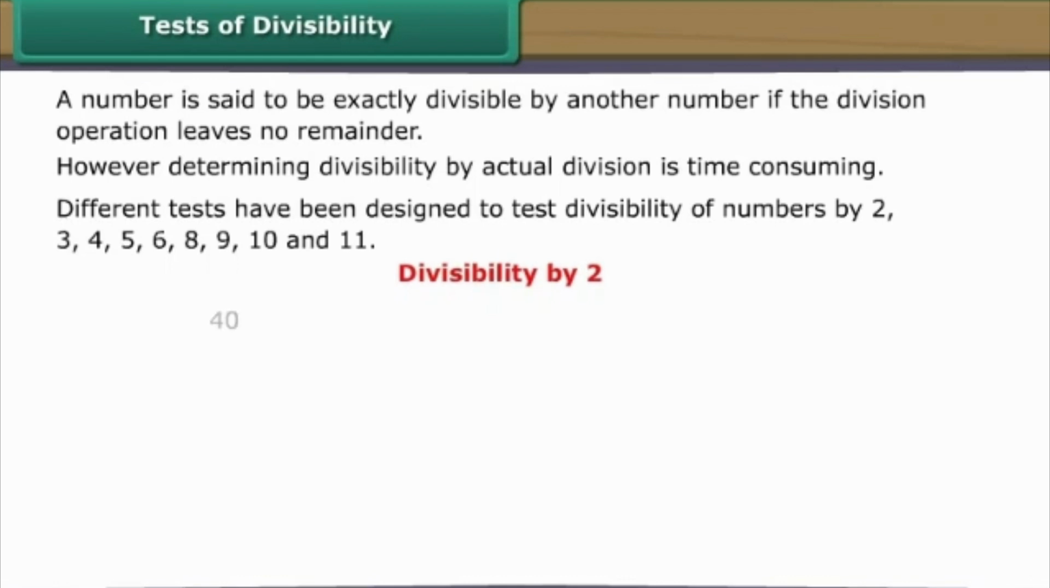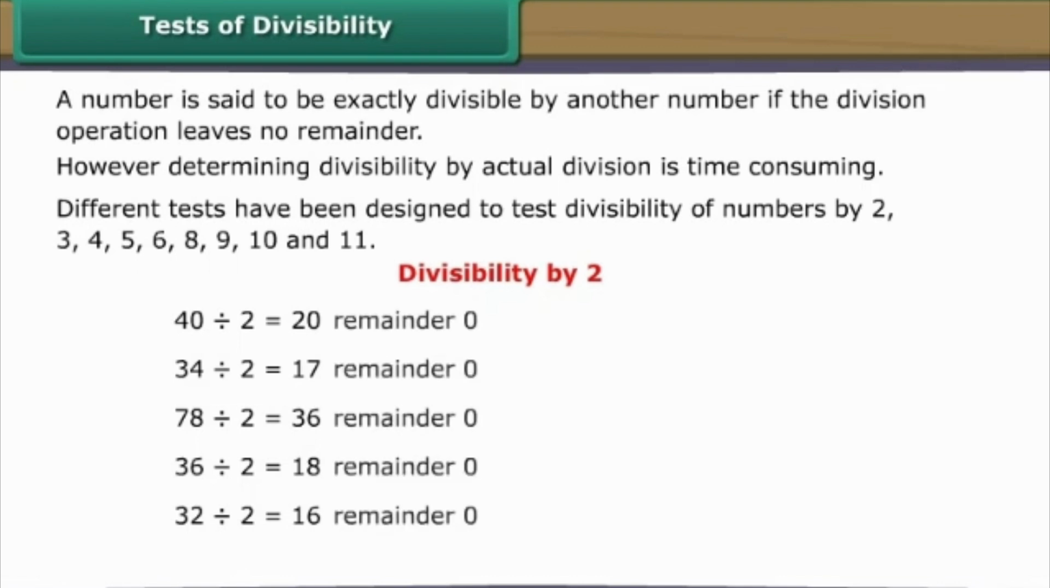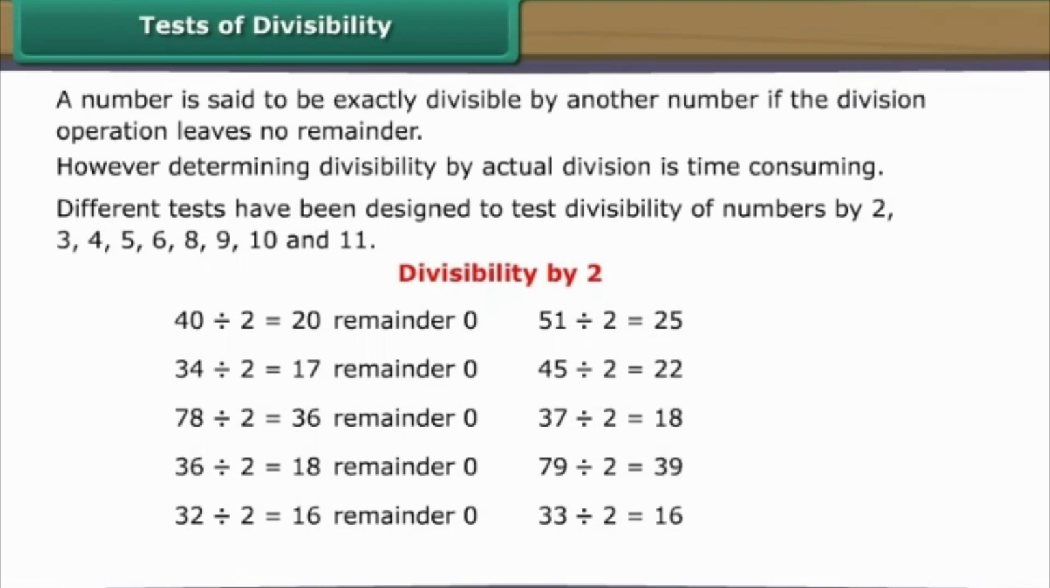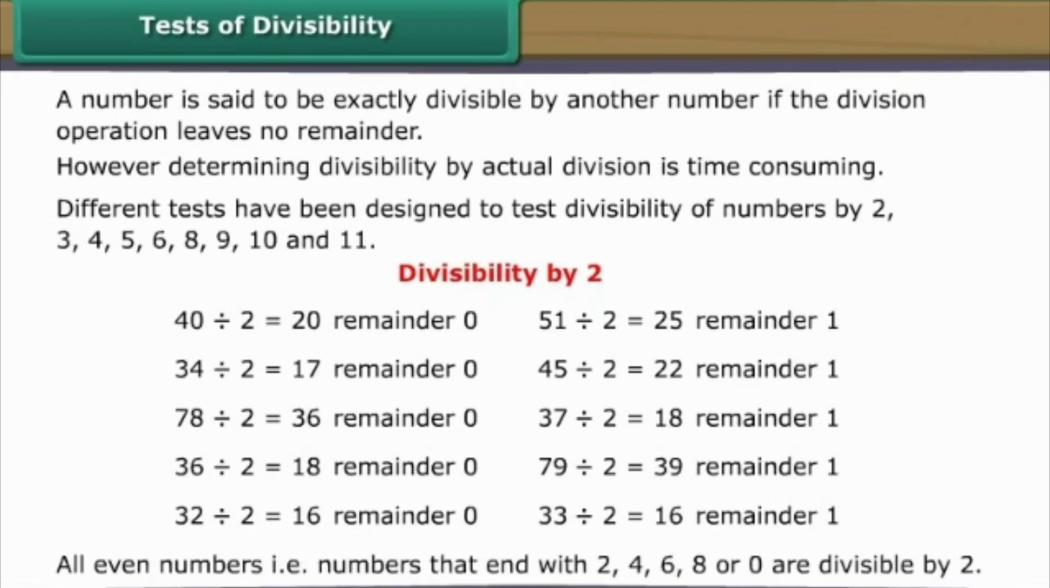Consider some numbers: 40, 34, 78, 36, 32. Let us divide them by 2. 2 divides them all exactly, leaving no remainder. Consider some more numbers: 51, 45, 37, 79, 33. Let us divide them by 2. 2 does not divide them exactly. It leaves a remainder of 1 in all cases. It is clear that all even numbers, that is, numbers that end with 2, 4, 6, 8 or 0 are